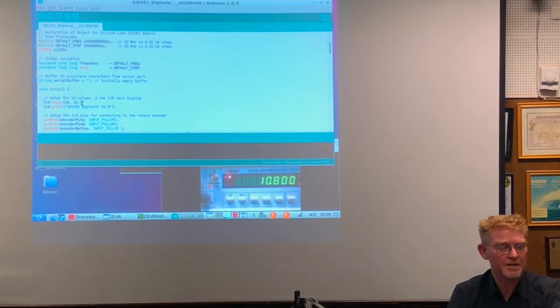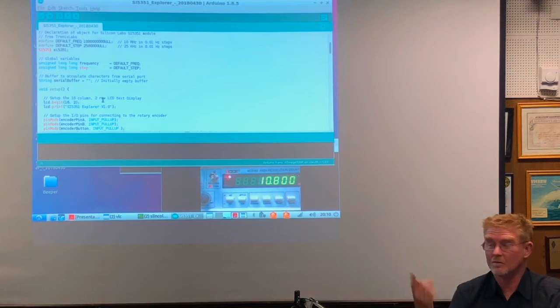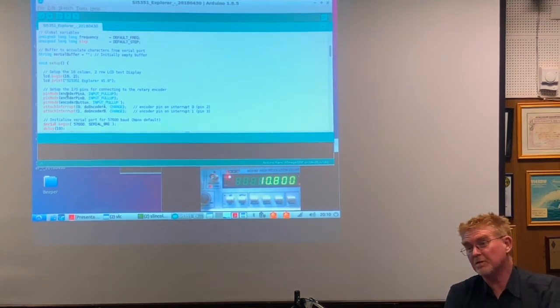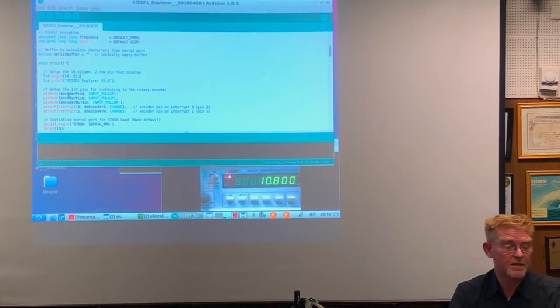Then go to setup, so you say, set up the LCD display with 16 columns of text, 2 lines, right? It doesn't know how big, you've got to tell it, so it can do things like column wrap and so forth. Configure our I/O pins, just like with the blink script. I'm saying which pins are inputs, and these are inputs with a pull-up resistor turned on. That means fewer parts outside to solder in. Again, quicker way of getting things sorted out.